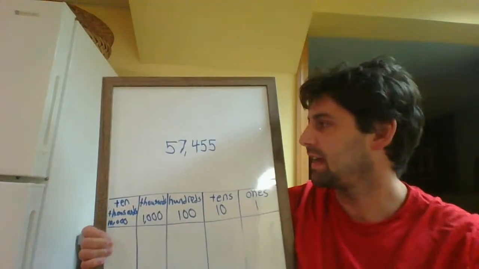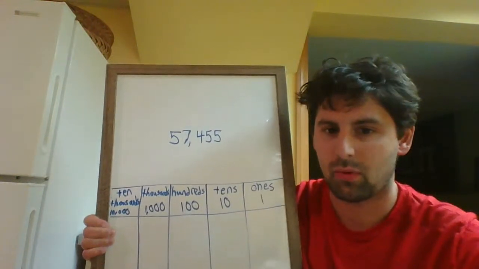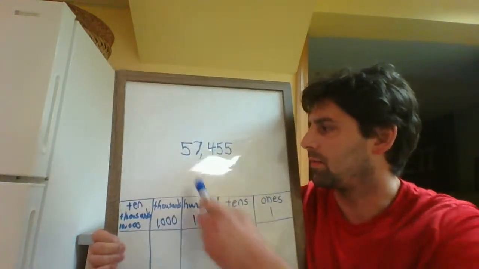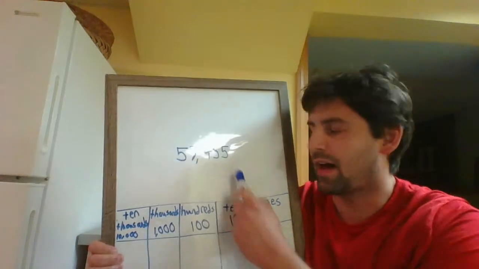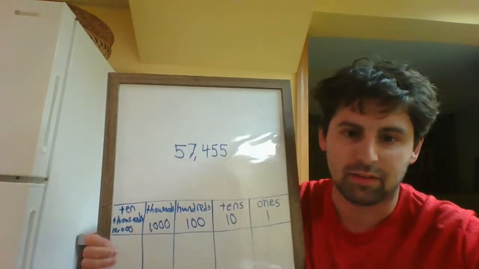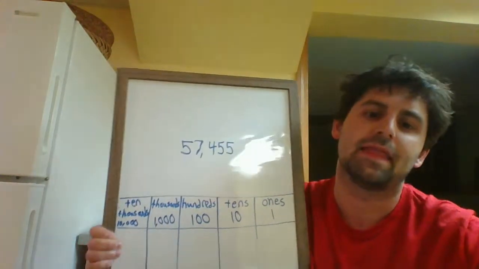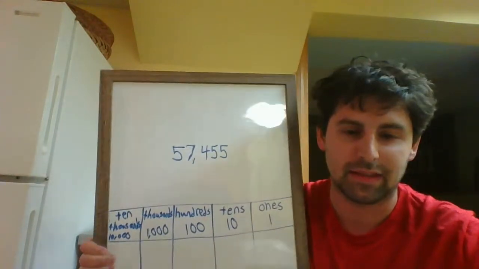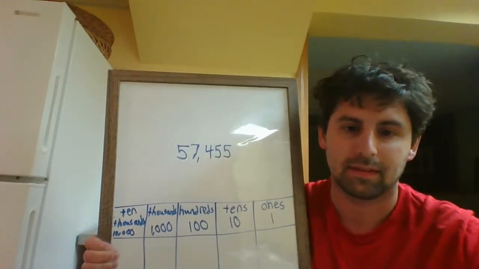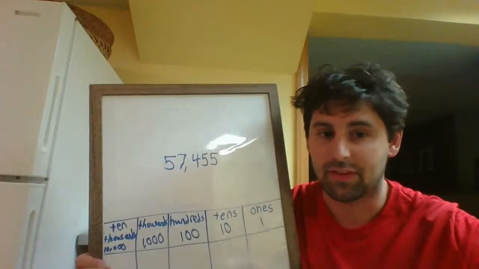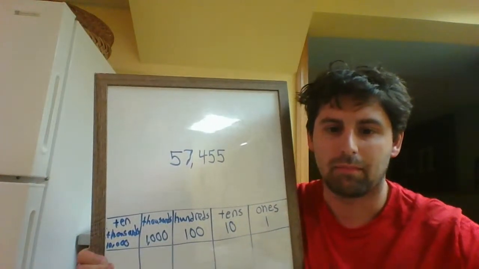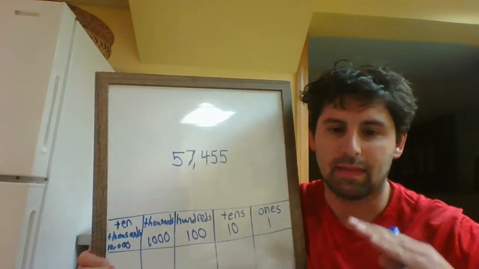As you can see on my handy dandy whiteboard here, I have the number 57,455. I'm going to identify the place value of each digit, and then I'm going to write each digit in expanded form. Then after that, before going on to 5th grade,